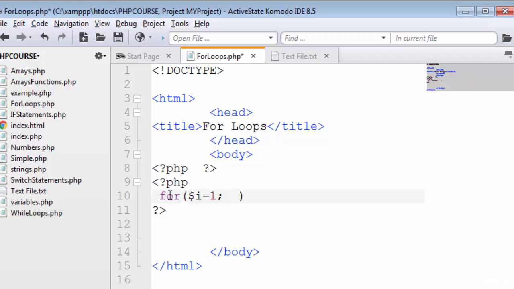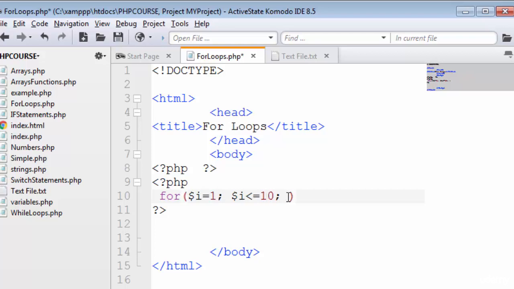So first I made I equal to 1. Now I have to define the condition, meaning the ending value where our loop is going to end. So I want to show the first 10 numbers, that's why I'm giving it the condition so the loop runs from 1 to 10.